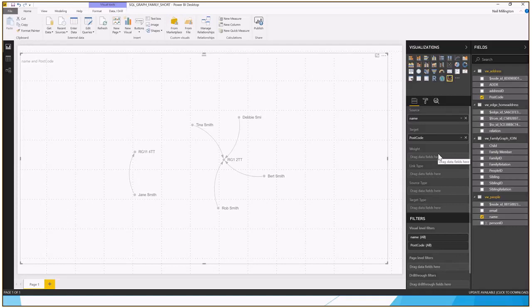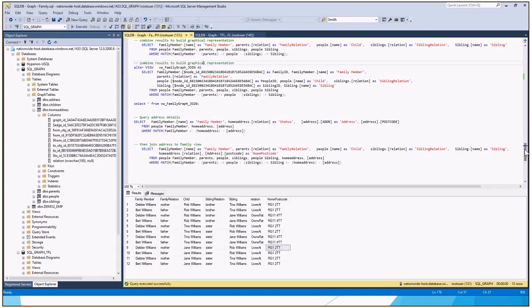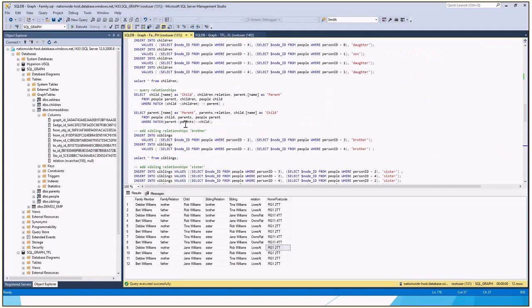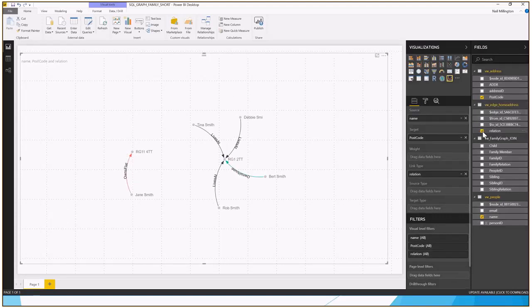So remember, just jump back through to give you an example. In terms of our family data, on our match commands, we had the from node via a relationship, via an edge table, and we were then cross-applying that into another node table, in this case to determine the parent. So back in Power BI, we have the same principle. We need to add in the relationship. In this case, it's the home address. So we'll add it in there. And basically, the reason I've done that is, as you can see,